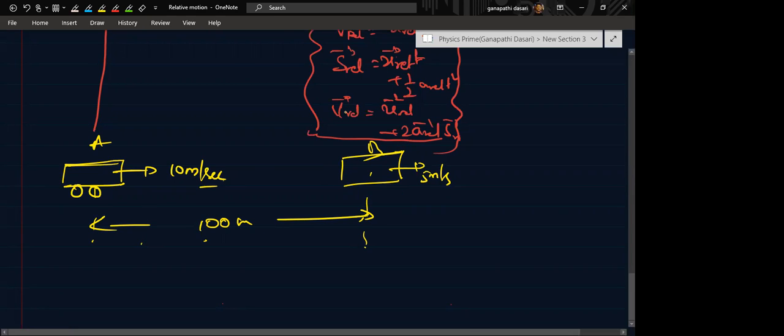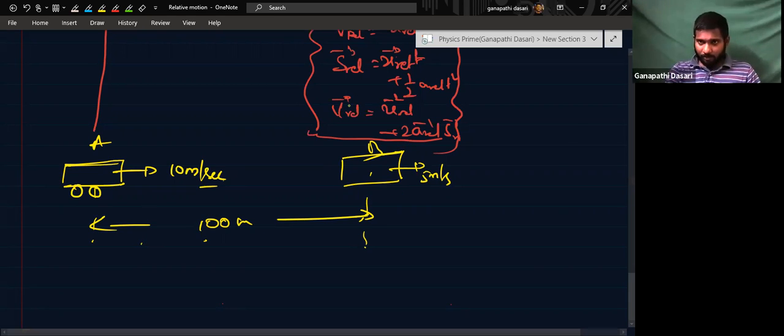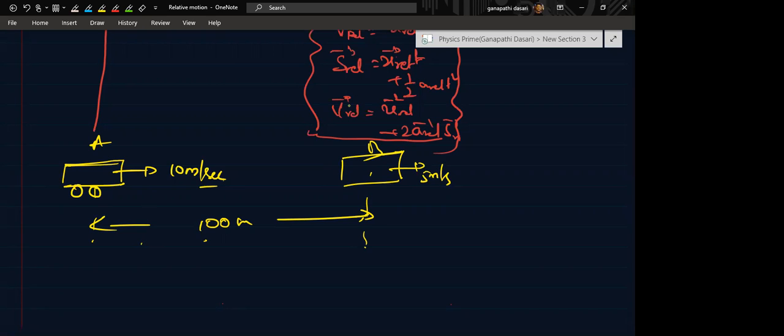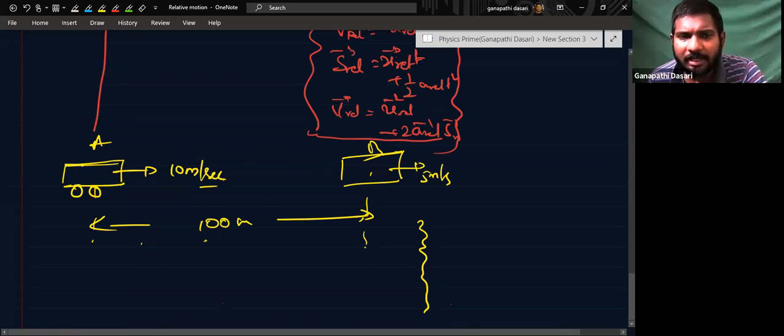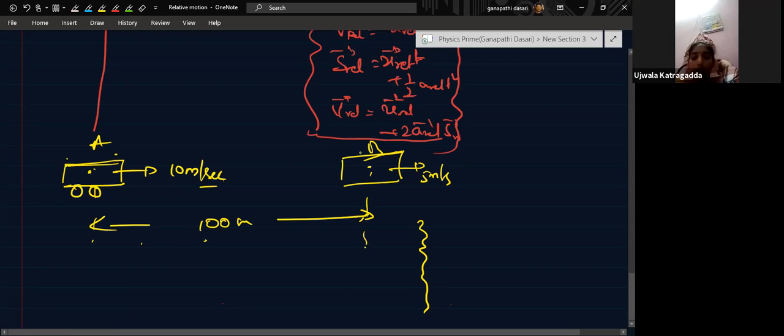You just solve this. How much time will it take for A to cross B? Here, for A to cross B, I consider these to be point objects. So A has to meet B. When will A meet B? The length of A and the length of B are not given, so we just need to find the meeting point. That means it has crossed, just when it will be crossing.